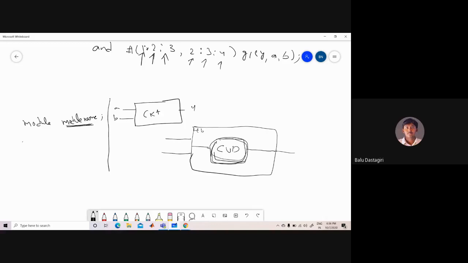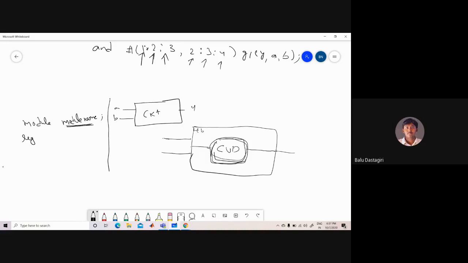Next we have to specify the registers. I'm not exactly following the same syntax as in the textbook, I'm just telling you an easy method of how to write a test bench. Registers are needed because whenever you use inputs to the test bench, those inputs have to be given to the circuit under test one by one.